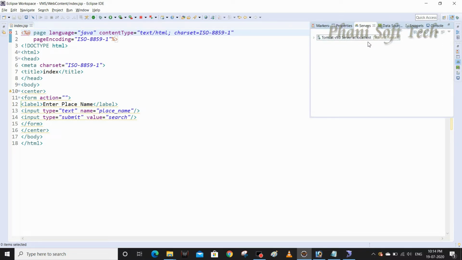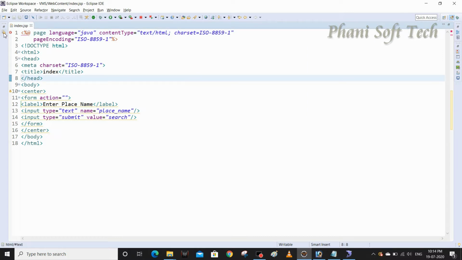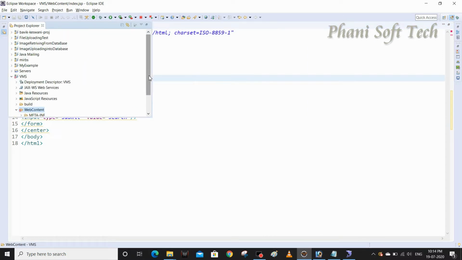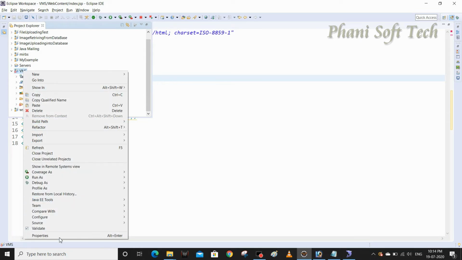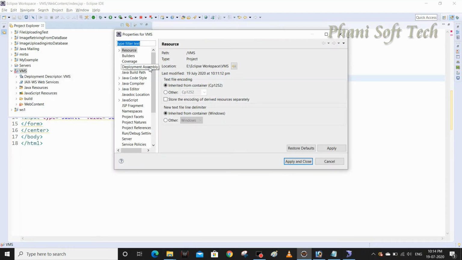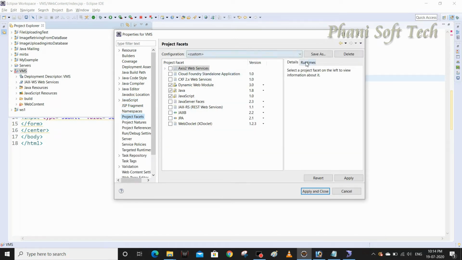Okay, see here, simple way, just open the server tab. We have a server already imported, but for this dynamic project we need to set the project facets. So this is the VMS project. Just right click the project, go to properties, and choose project facets, and here runtime is there.